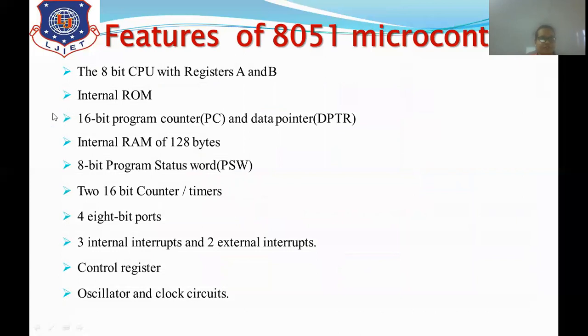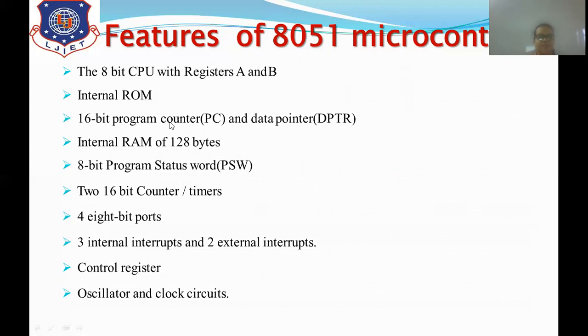Now, what are the features of the 8051 microcontroller? First of all, the 8051 is an 8-bit controller, right? That means the data bus is 8-bit, so it can transfer 8-bit data simultaneously in parallel. Clear? Now, an 8-bit CPU with registers A and B. So it has two general purpose registers, A and B. Then it has an internal ROM, right?